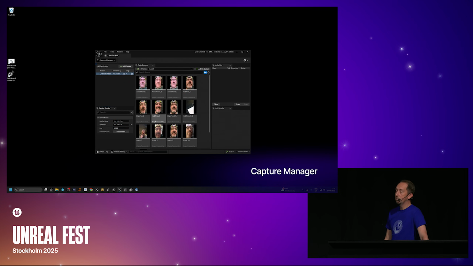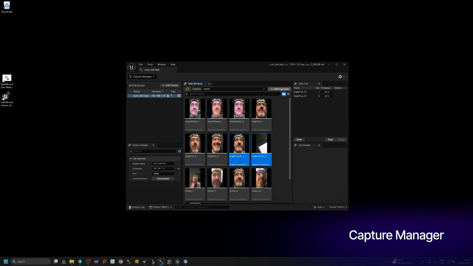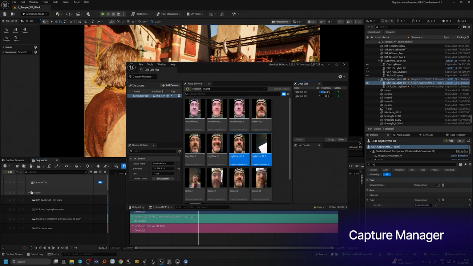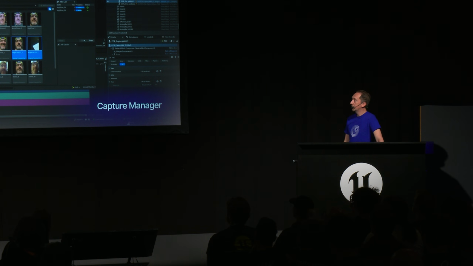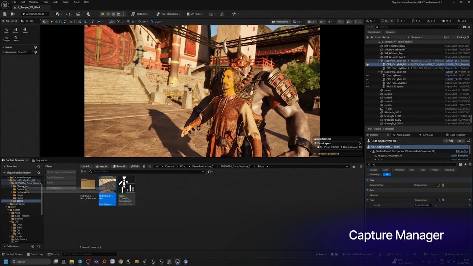And once you've connected with it, you can select the takes that you want, you add them to a queue, and then you transfer those to your project wirelessly. The phone is still on Richard's face. You can choose where you put them, so you know the destination of those files. And once they're in,